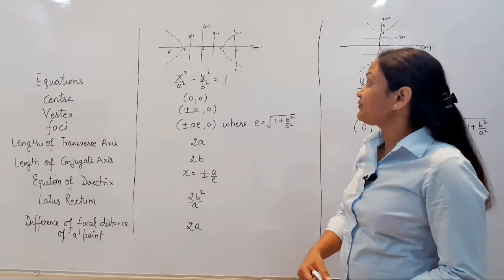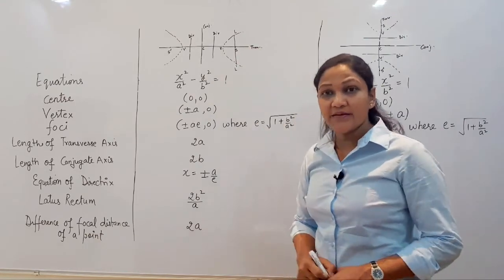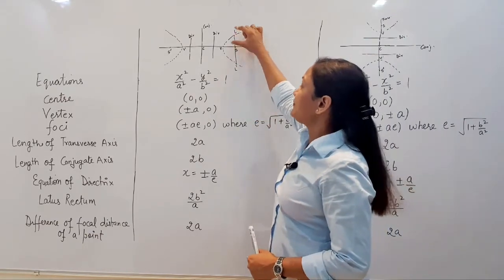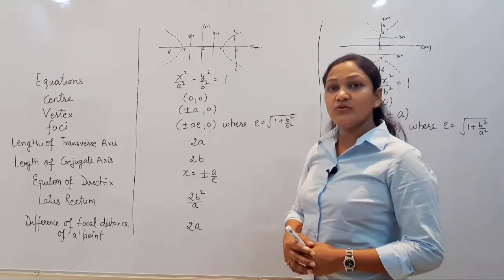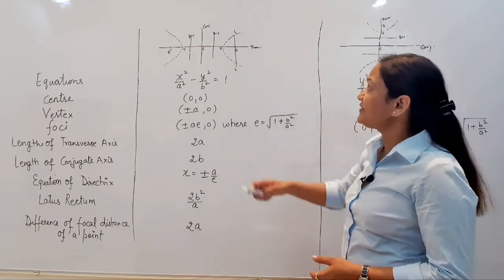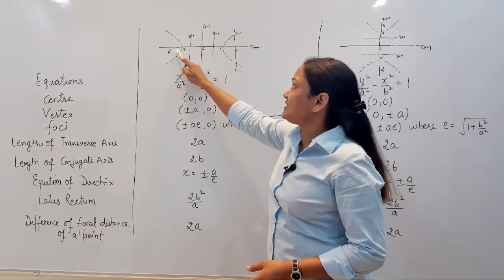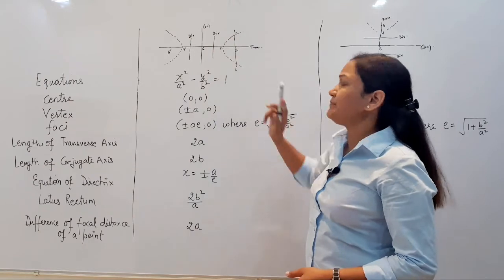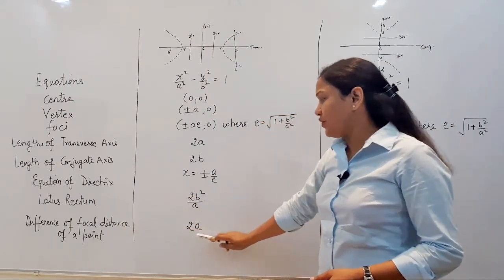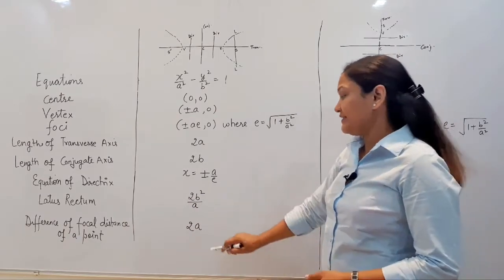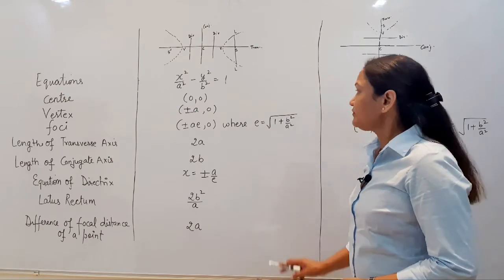And finally आपको इलिप्स के लिए मैंने ये बताया था कि एक जनरल पॉइंट अगर P आपका होता है तो the sum of their focal distances is always equals to 2a. But for the hyperbola the difference of the focal distances S'P minus SP, the difference of the focal distances of a point is always constant, and that is equals to the length of transverse axis.